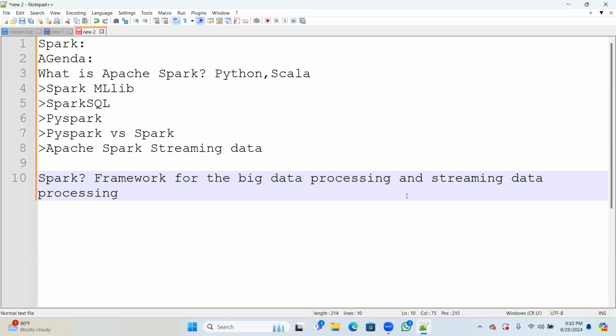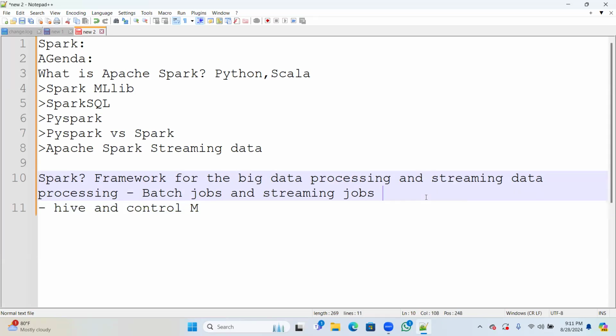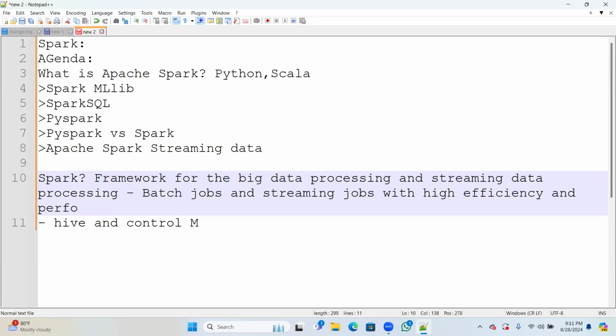Generally, it can handle both batch jobs and streaming jobs. Compared to Hadoop, as we discussed, this is far better because it can handle data with high efficiency and performance.